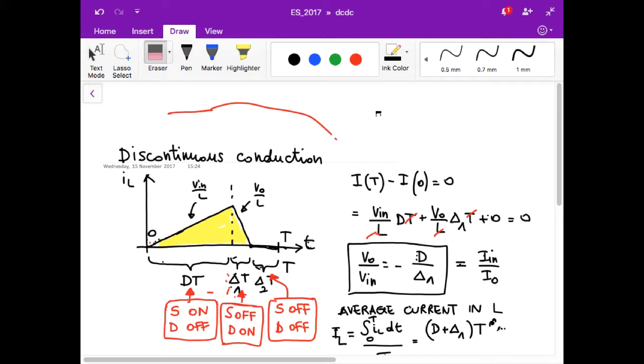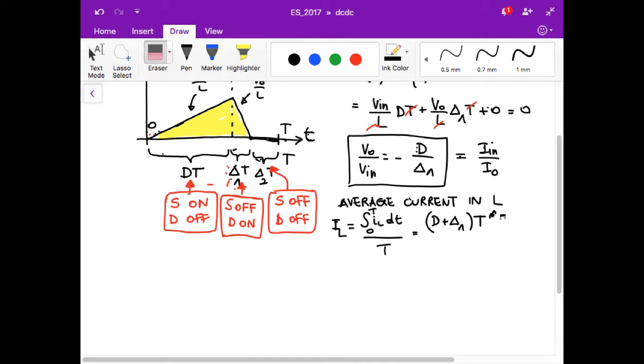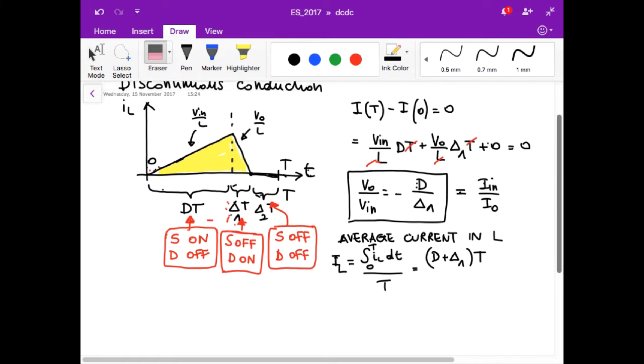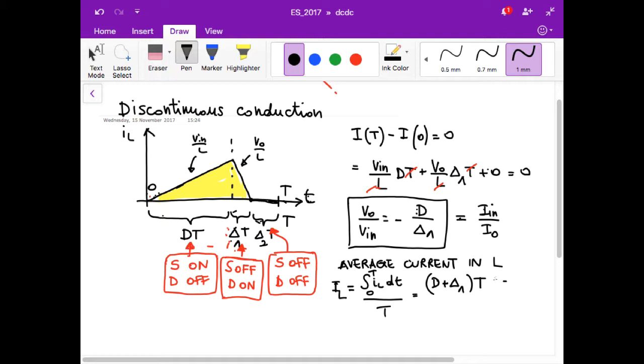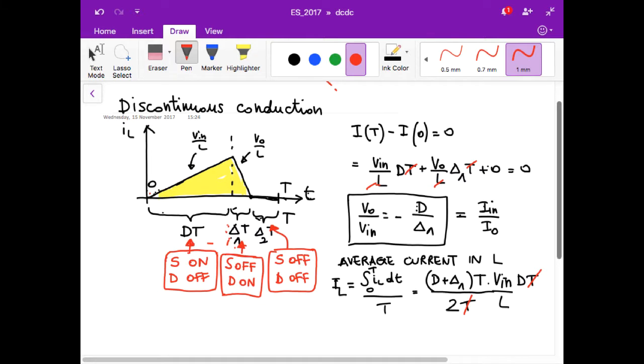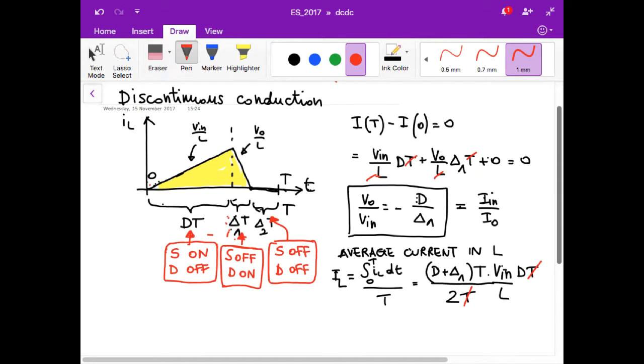Probably we can do that. Well, we can write it as a function of V in. Okay, maybe it's easy. So V in over VL times dt. Okay, so this is the peak current divided by 2t. Again, t and t go away. And once we have that, we can